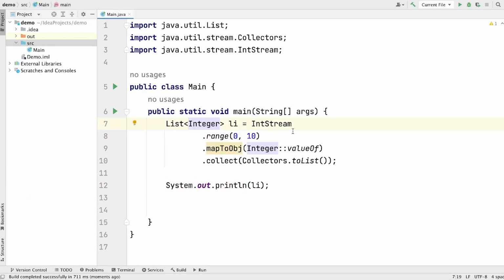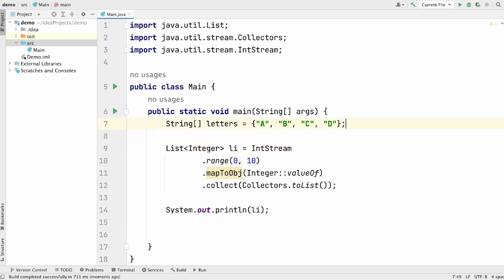So guys, using IntStream we can also access the elements of an array. Let me show you how. So let's imagine that we have an array of strings like this. Now we want to access all the elements one by one. So how can we access all the elements using this mapToObj method of IntStream? So it's pretty